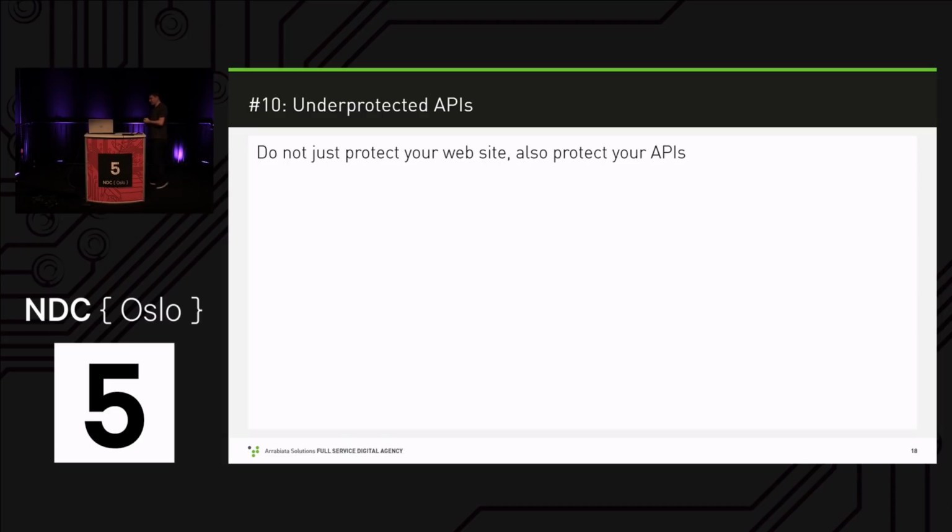If these APIs return something, data sent to the API might be cross-site scripting. So if we just load the API in a browser, we can execute JavaScript code. So all these protections we discussed also need to be in place for the APIs our applications have. And that's basically the top 10 list.